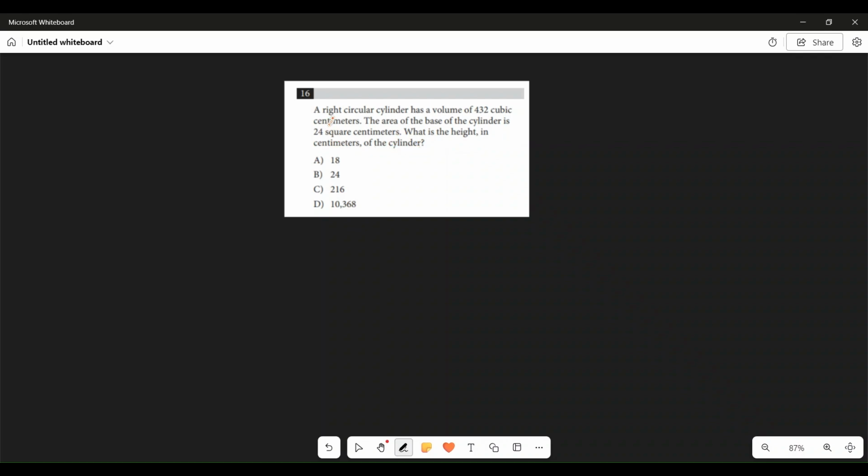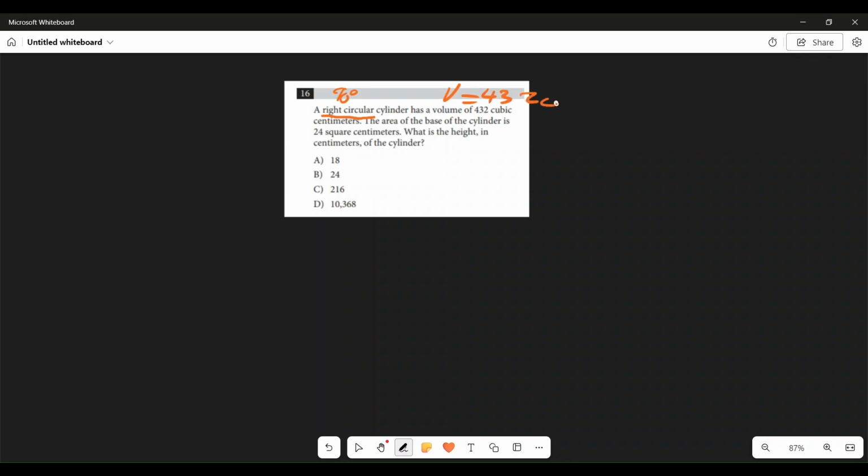Okay, so let's look at the question. Right now they are telling us that this is a right circular cylinder, right? So that means there's a 90-degree angle somewhere. And then it's saying it's a cylinder. Obviously that's very important. They're giving us the volume, right? So V is equal to